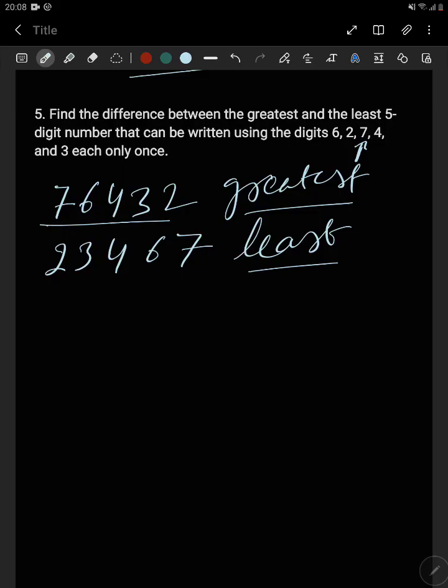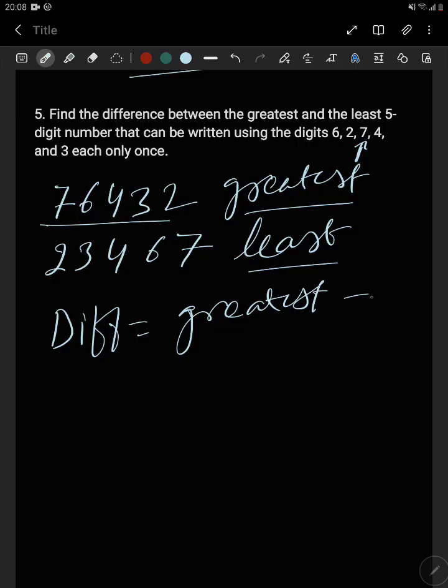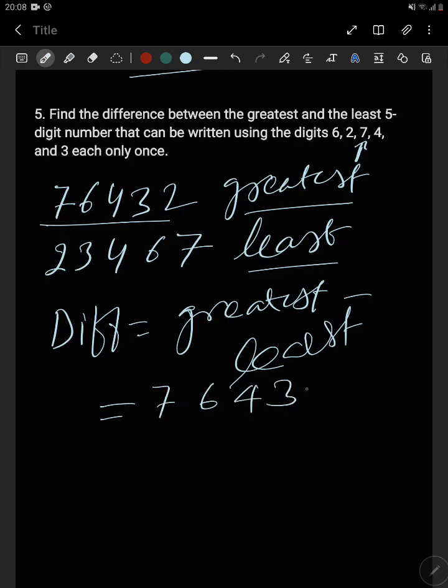So what is it asking? It is asking for the difference. So how much will the difference be? So difference will be greatest minus least. Greatest minus least. Okay, so this will be equal to 7, 6, 4, 3, 2, and you need to subtract